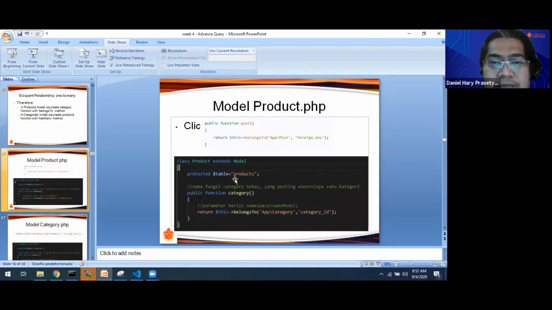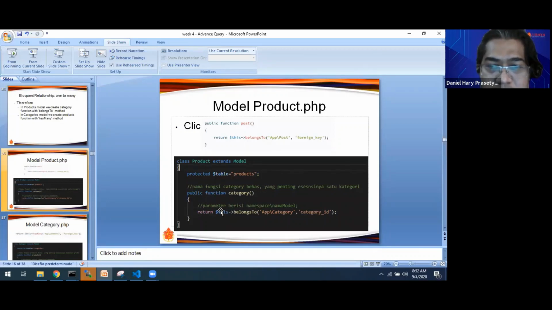For example, if our table is produk in Bahasa Indonesia, product spelled with K, we can override with this protected table. So we can use the product class because the table does not follow the Eloquent convention. Okay, so we just create this one.